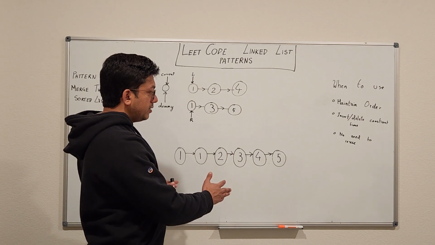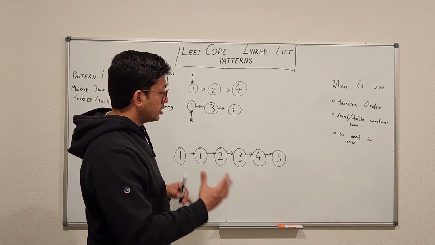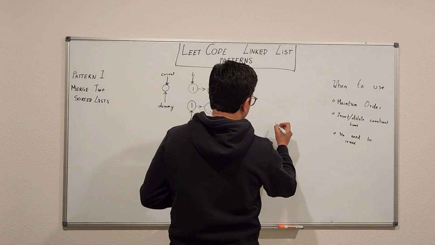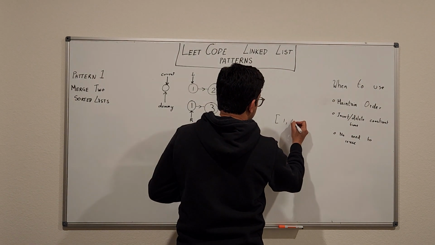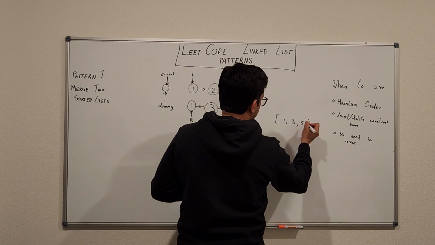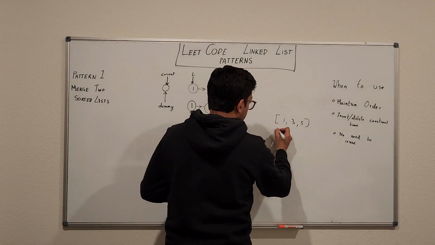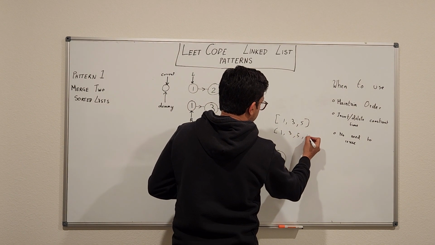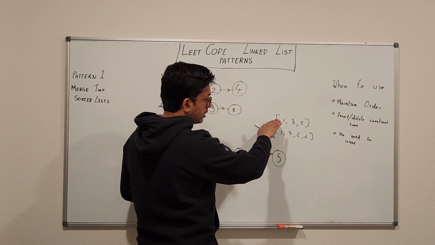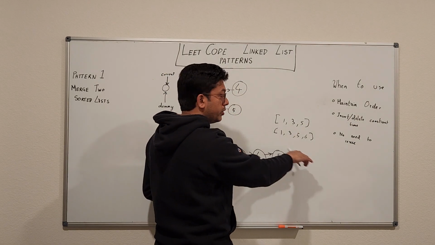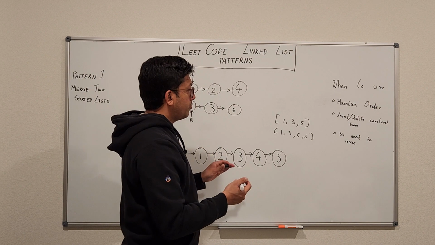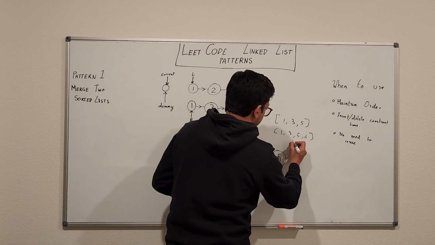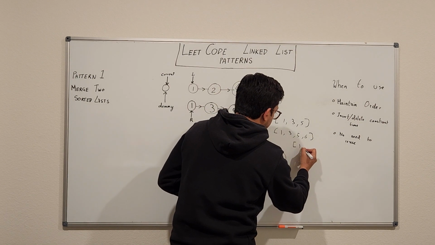To understand why a linked list is useful, you'll have to look at an array. Suppose instead of a linked list, I had an array. Suppose I have 1, 3, 5. Now if I want to insert an item, I'll have to resize the array: 1, 3, 5, 6. Right? So I'll have to create a new array, copy all the items over and add at the end, which is big O of n, because I have to go through all the items. Similarly, if I want to delete 5, I have to again copy over the array